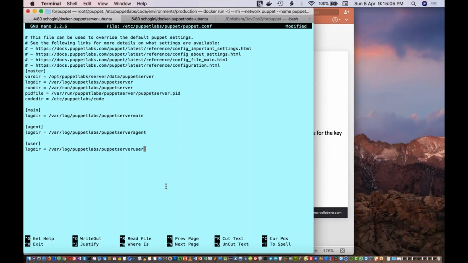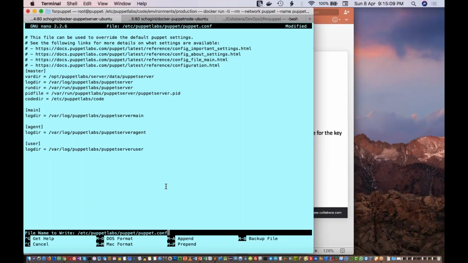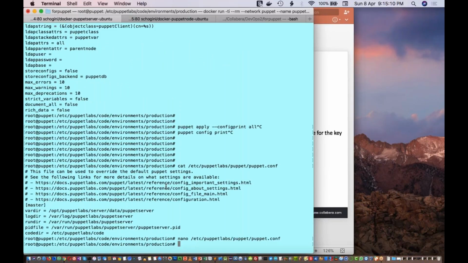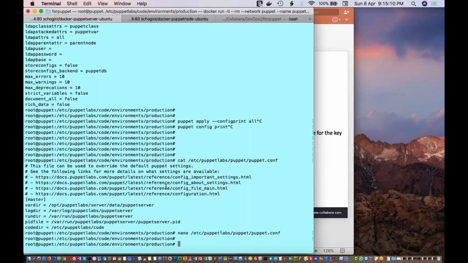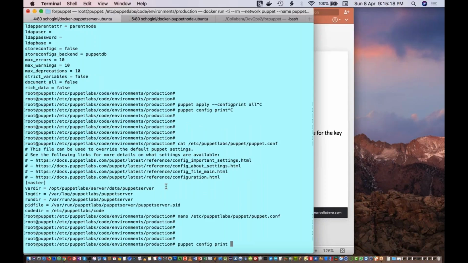Okay, now I'll just save this. I'm just showing this to give you an idea. But if I do puppet config print log directory, that is the one that I copied, right?